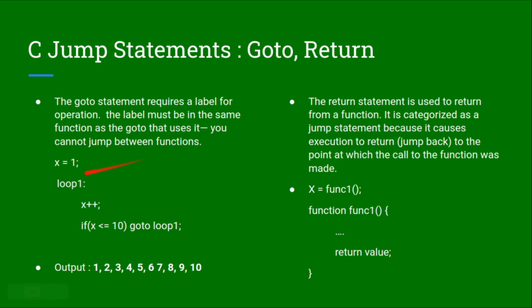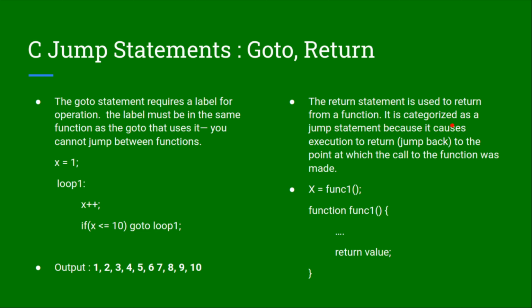So this is one example where we have a label, loop one. In this label loop one we have two lines, and this is a goto. If we put goto and then the label, the control will automatically go to this block. This is our one block of label, right? We will see this program in the editor also. We will do coding.